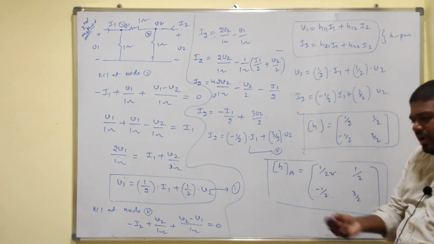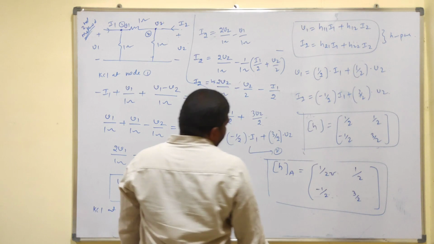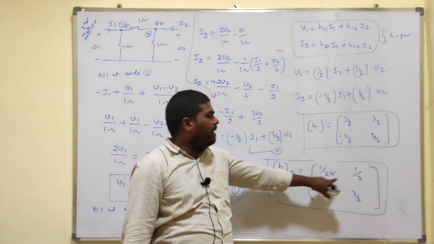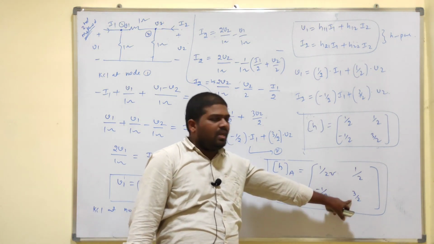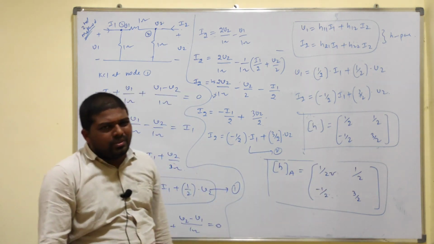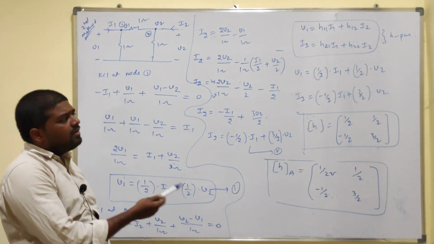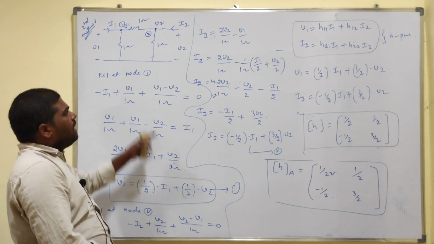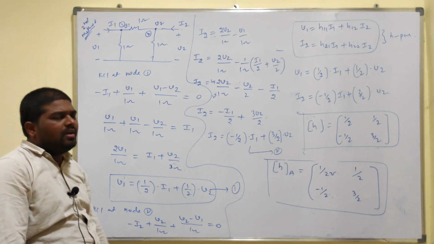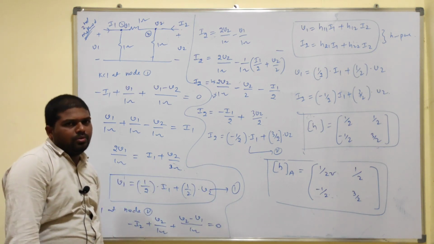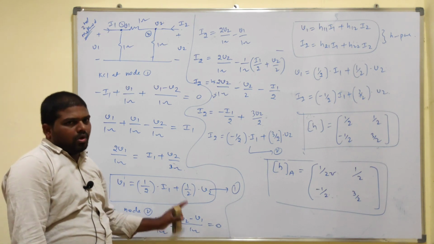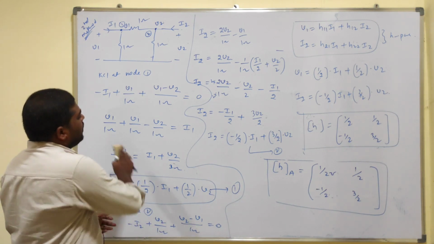In the previous case we calculated this H matrix by using the formula. At that time we got 1 by 2, 1 by 2, and minus 1 by 2, 3 by 2, right? Same thing you get. You can use any of the methods, using KCL or KVL expressions or using the conversion formula. In both ways you will get the same matrix, there will be no change. This is your series to parallel interconnection problem. And next, one more problem, that is homework for you.